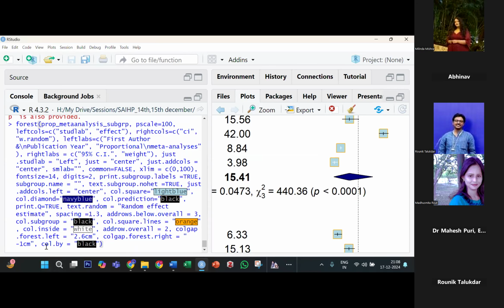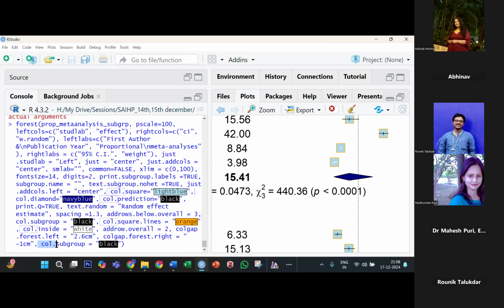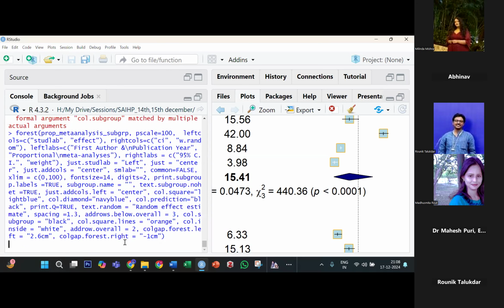और लास्ट का जो ये कॉल डॉट बाई है, इसको कॉल डॉट सब ग्रुप कर देना। ये कॉल डॉट बाई पिछला वर्जन में था, अभी नया वर्जन में इसका कोड चेंज हो गया है। ऑलरेडी शायद कॉल डॉट सब ग्रुप दिया भी है यहाँ पे। एनीवे नो इश्यूज, इसको हटा भी सकते हो। हाँ इतना तक हो गया देखो।